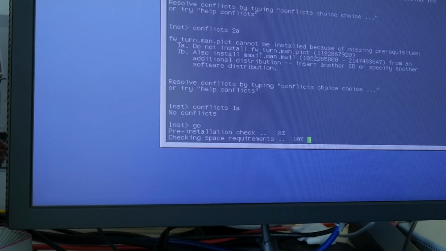Pre-install check. There's 8% there. Probably took 8 minutes. Checking space requirements 10%. It's sitting there for a minute already. I have no idea how checking space requirements can take so long. I would have thought that a company manufacturing microprocessors and state-of-the-art 3D graphics would know how to program snappy software, but